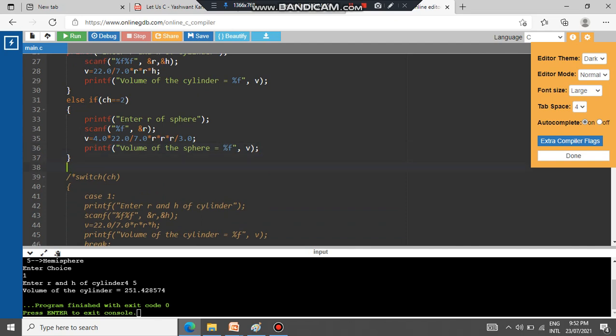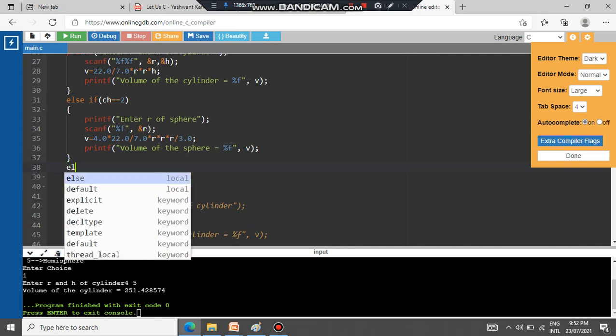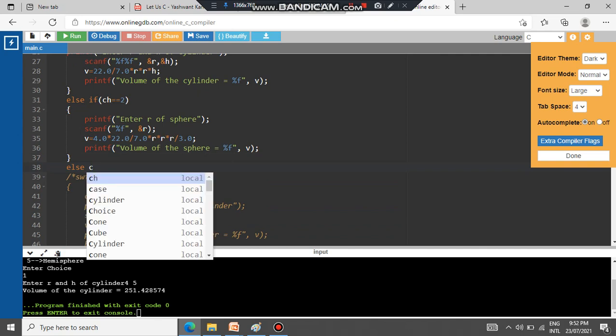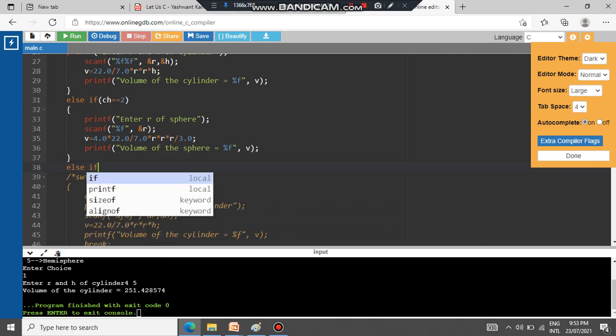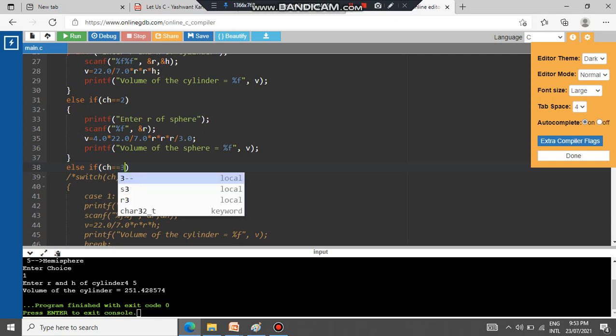Similarly, if the choice is also not 2, in that case it will be else. That is, first is not the case, second is also not the case, so the case can be third also. In that case, else if ch is equal to 3. Now double equal to it should be. So many times we make a mistake.